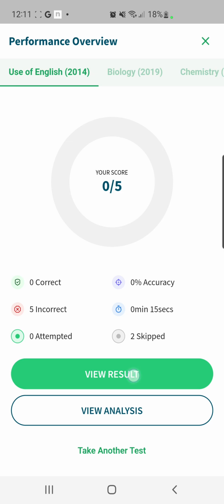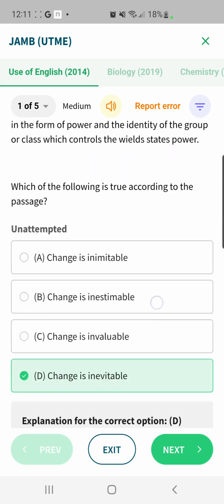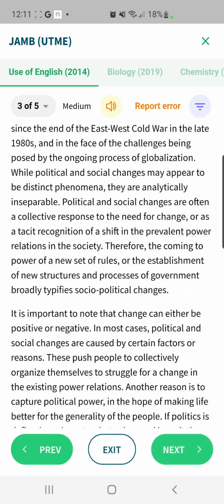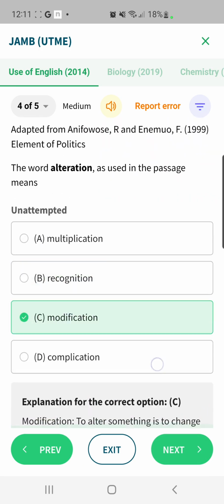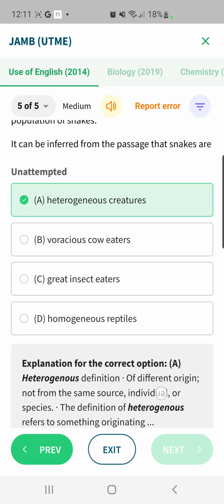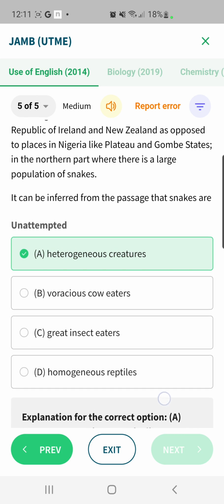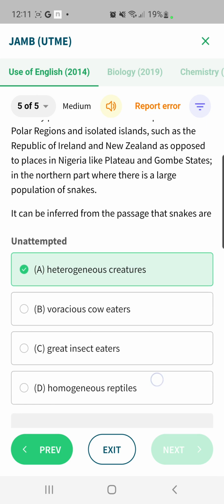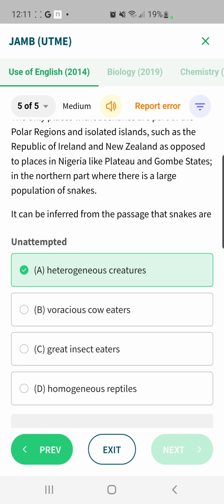You can also come back to view results, and in this place you would see why you got some questions wrong or right, as the case may be, and we will let you know whether you attempted it, whether you failed it, and things like that. And then with that you can correct yourself. At the bottom here there is a chance for you to see your areas that you need improvement, and so on. And so with that you can